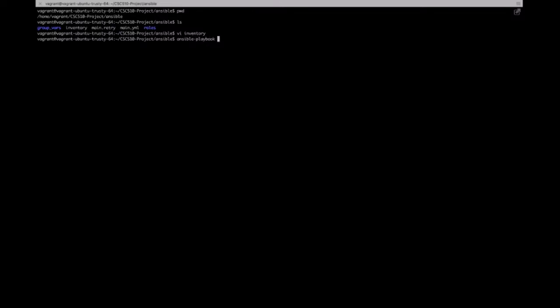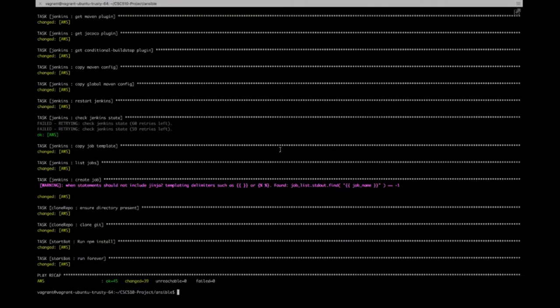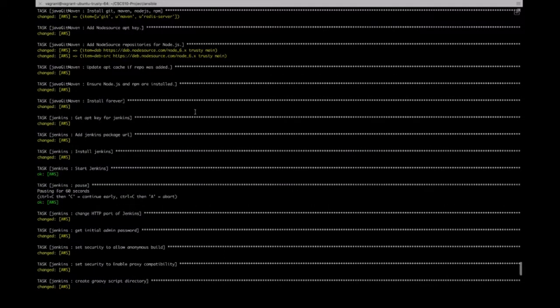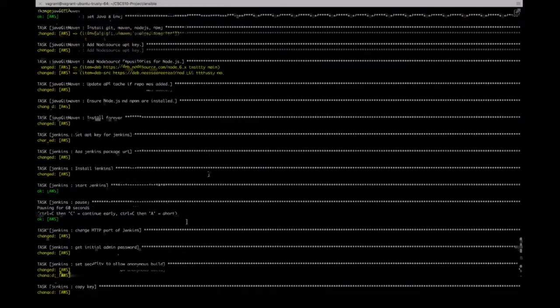We are using Ansible Vault here to encrypt our keys as a measure of safety and security. So I enter my vault password, and we can see that the Ansible playbook begins to function. I'm gonna fast forward it a little, and we reached the end of the deployment. As you can see, all the tasks were completed successfully. So the deployment was a success, and